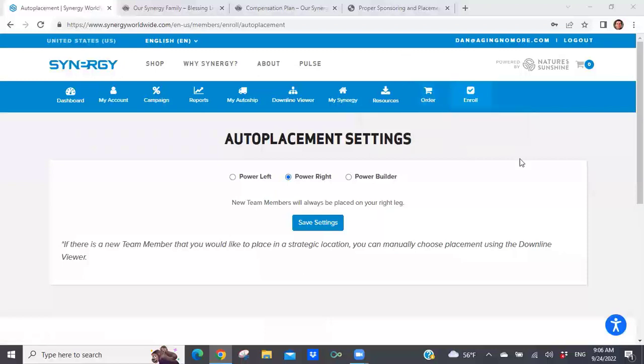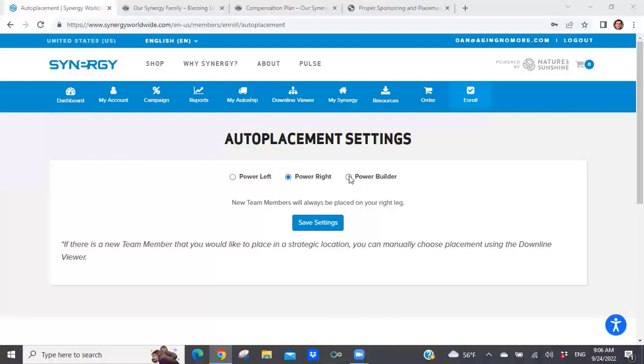All right. So as you can see, I can do Power Left, which means that everyone goes on my left-hand side. I can do Power Right, which means everyone goes on my right-hand side, or I can do Power Builder. Now, if you are new to Synergy Worldwide and you don't want to take the time to learn proper sponsoring and placement and do that process, then my suggestion would be to click on Power Builder, which then Synergy will take over for you and place people on your left and right-hand sides